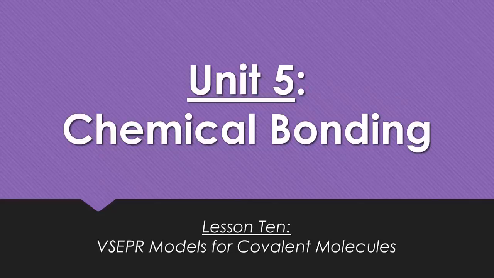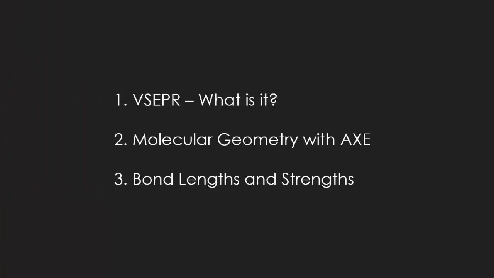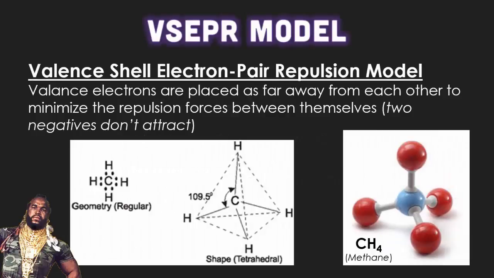Lesson 10 is on VSEPR models of covalent molecules. So VSEPR, what is it? We're also going to go into molecular geometry with the AXE method, and we're also going to talk about bond lengths and strengths. So VSEPR, or valence shell electron pair repulsion model, is an idea that valence electrons are placed